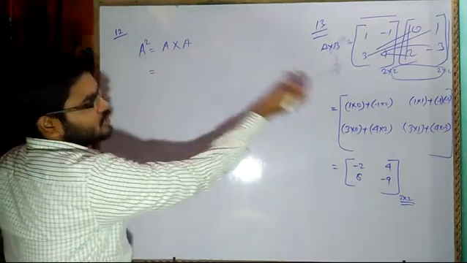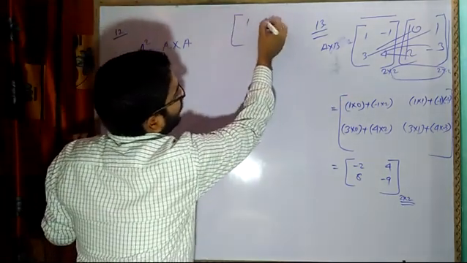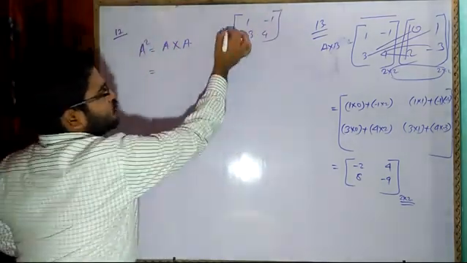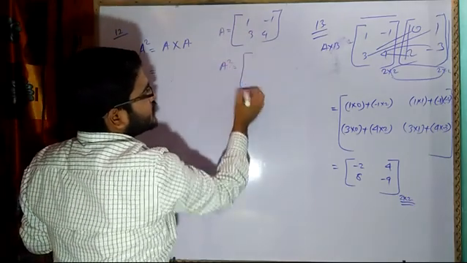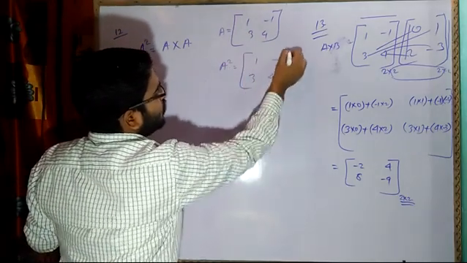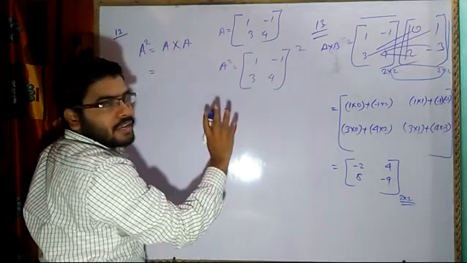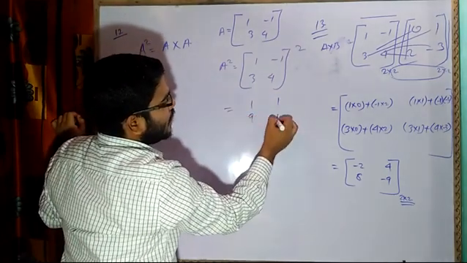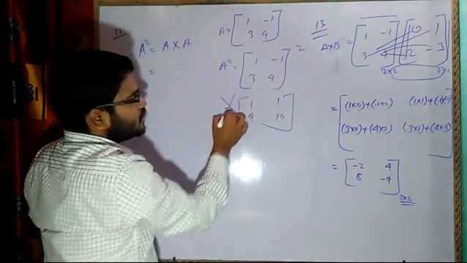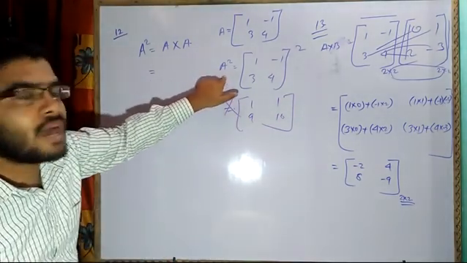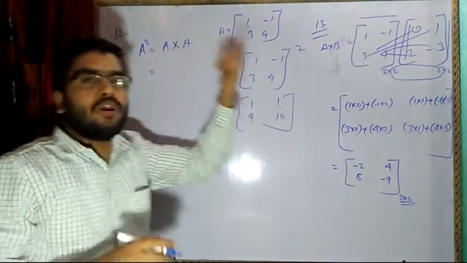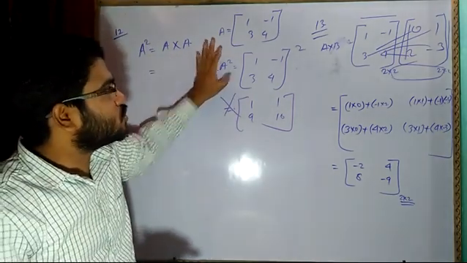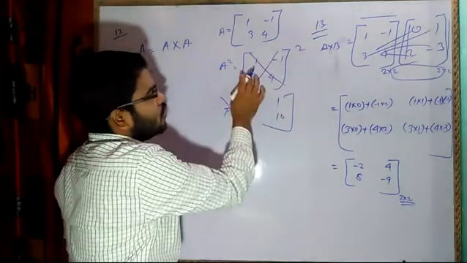So matrix A here is 1, minus 1, 3, 4. If I say this is matrix A and you have to find A square, that does not mean 1, minus 1, 3, 4 whole square. This is not the case here. A square does not mean squaring the matrix elements. You cannot write 1, 1, 9 and 16. This will be incorrect. This is not an algebra matrix, like a plus b whole square that we applied. This type of matrix multiplication is different. So never write A square equal to the matrix whole square.